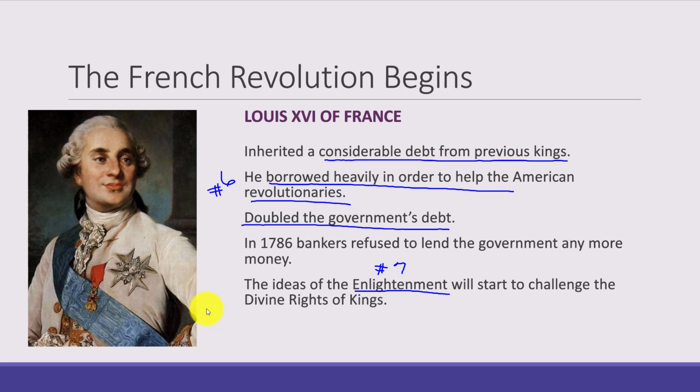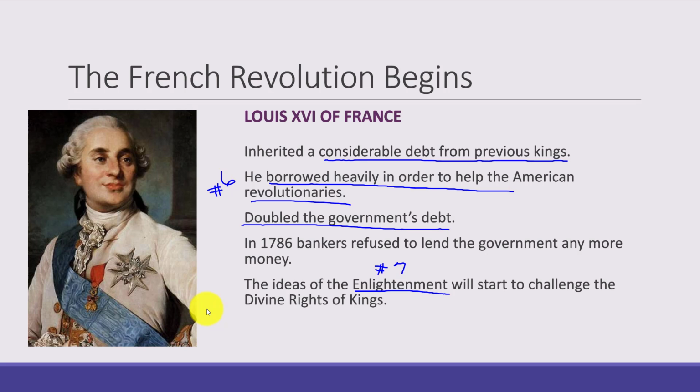Okay, so this is Louis XVI of France. His grandfather was the Sun King, which we know of as King Louis XIV. That's the one that built the palace in Versailles in Paris, right? That big elaborate palace that he built for himself. However, with all of that buying and splurging that his grandfather did and his father did, he inherited a lot of debt from all of them, okay,